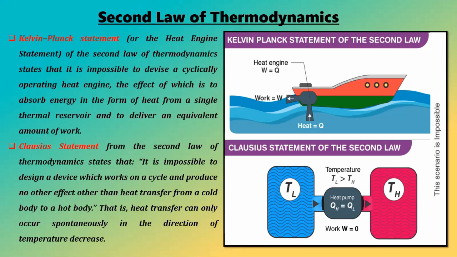You people might be thinking, how is it possible from a colder body to a hotter body? How it is possible from a hotter body to a colder body is okay, but from a colder body to a hotter body, how is it possible? It is quite possible. Okay, it is not impossible. The thing is that if you see the refrigerator, suppose you have a glass of water at a temperature around 80 degrees Celsius, and you have a refrigerator whose inner temperature is 30 degrees Celsius.